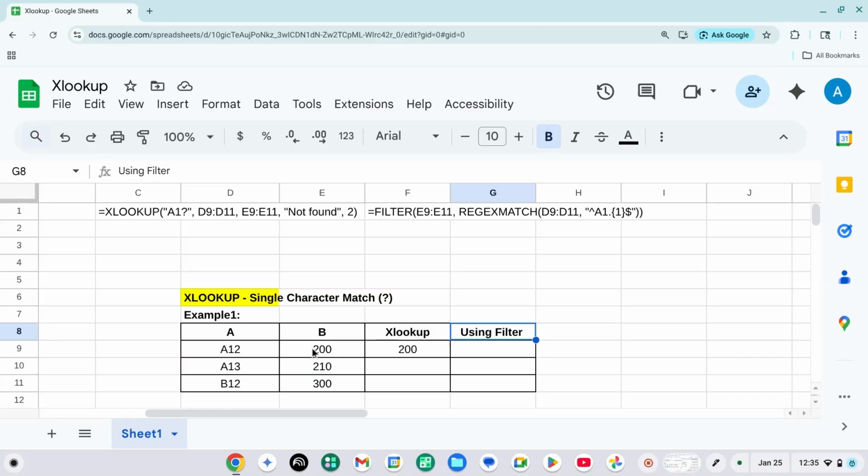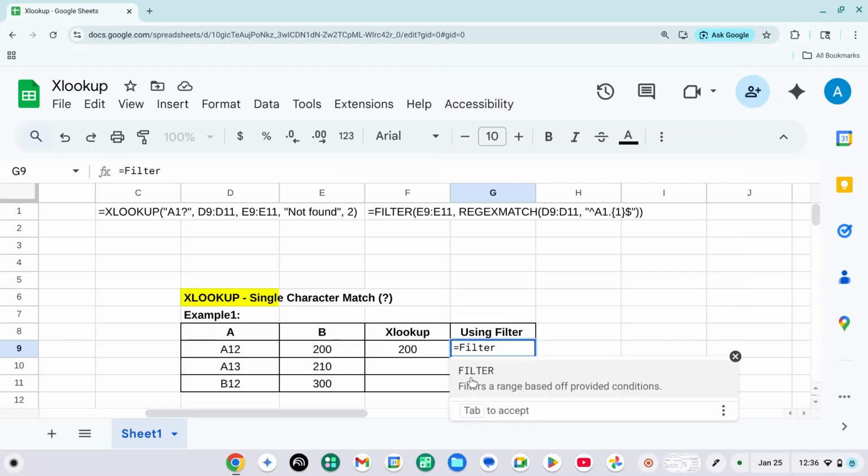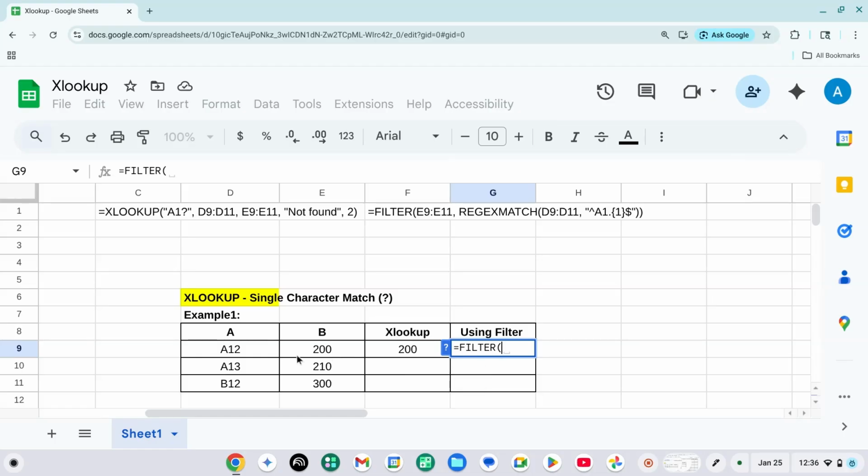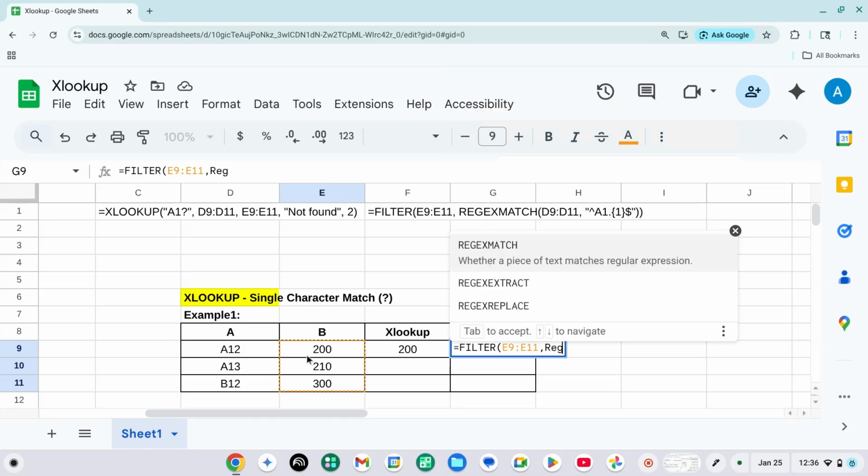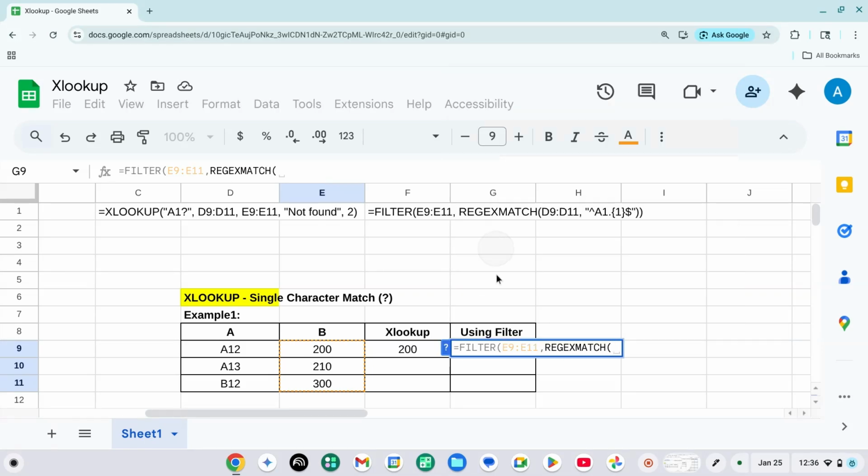What FILTER does is, if there are 10, 100, 1000, however many matches with the A1 character, it will give you all of them. So I'm going to write the FILTER function here, FILTER. What I'm looking at here is this range. I'm going to take the help of REGEXMATCH to find the character match from this range, and then I'm going to write quotes. What I'm looking for is to include